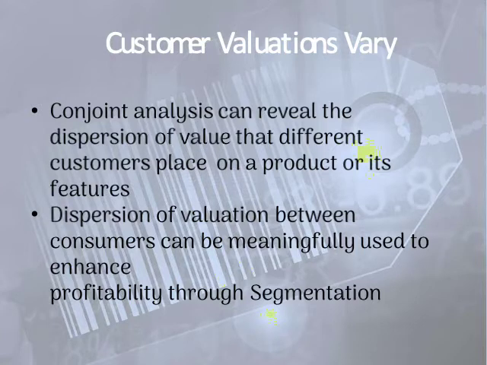So it talks about customer valuations, or how your consumers or your customers put value over your product and your brand. Okay, so what I want you to remember always is that customer valuations will vary between customers. And that is true, no? So different customers can have different valuations of your product or brand. And that is where conjoint analysis will set in, because using conjoint analysis, it will reveal these variations, or the different variations of value,